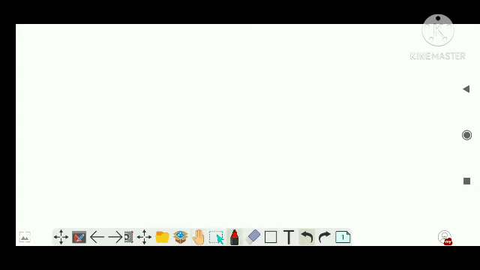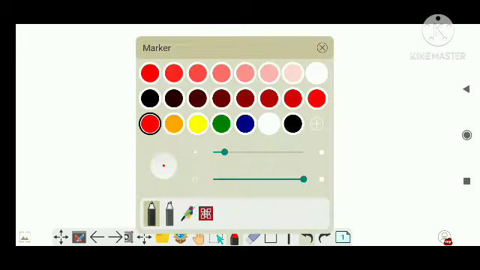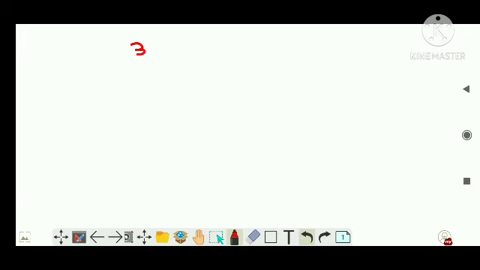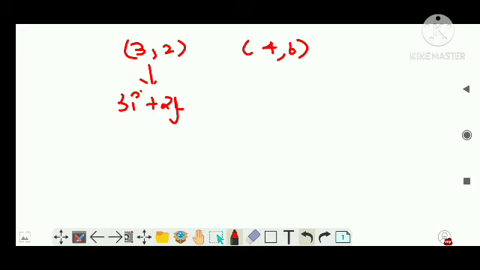Clear. Now, sometimes the initial point might be given in just this form. See, if you are told the initial point is 3, 2 and it reaches the final point 4, 6, how do you write it? This form has to be written in vector form, that is 3i plus 2j, in examination. This has to be written as 4i plus 6j, and you will do, this is r2, this is r1 vector.